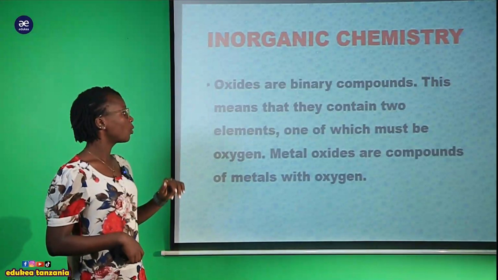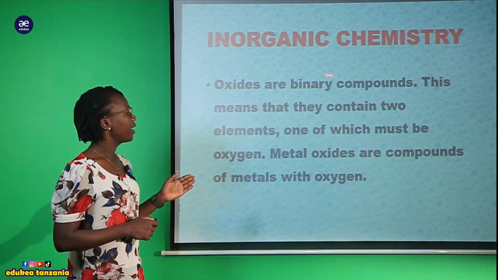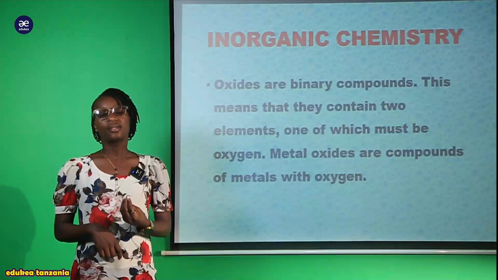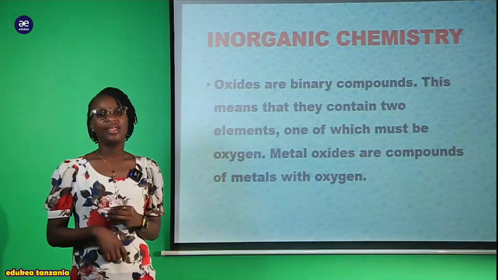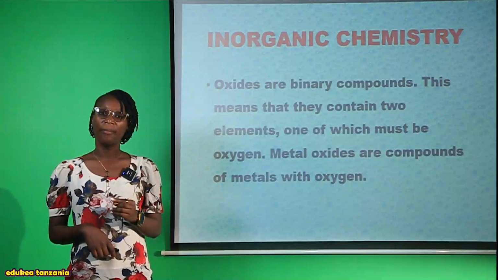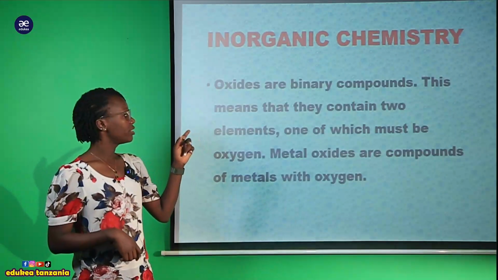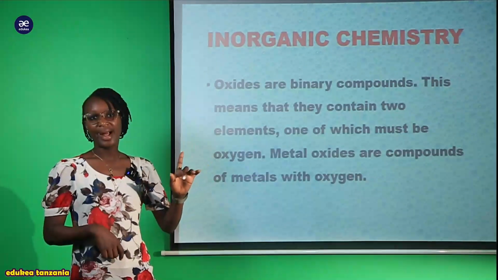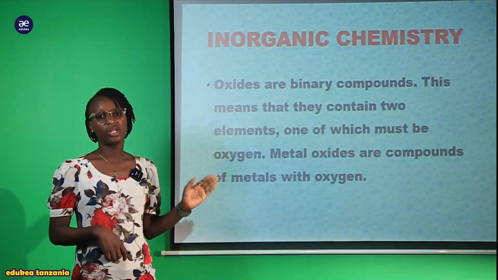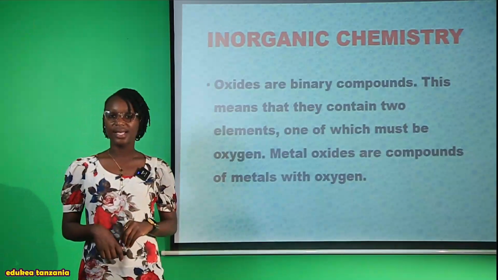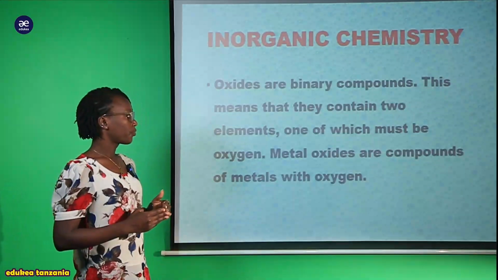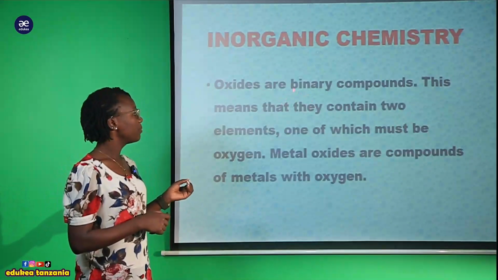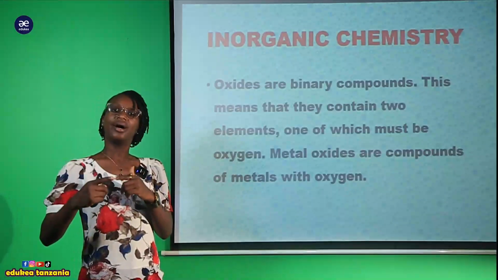Now we can proceed. Anasema kwamba the oxides are binary compound. Tunapokuja kwenye issue ya kuangalia zile oxide, anasema kwamba this compound are binary. The binary compound. I hope the word binary compound is not new. So you have to know about this binary compound kwa sababu ulisoma ukiwa kidato cha kwanza kuhusiana na the issue of binary ionic compound, binary compound and so forth. So anasema kwamba these oxides are binary compound. This means that they contain 2 elements. That's why you see the word bi. Bi maana kwamba ni vitu viwili na kuendelea.